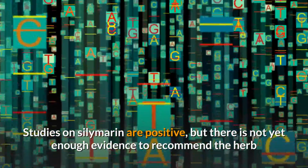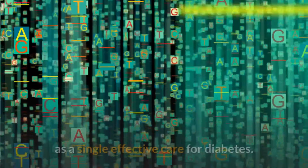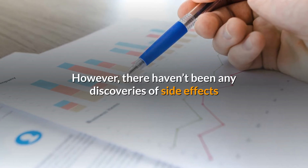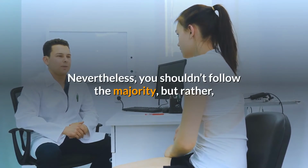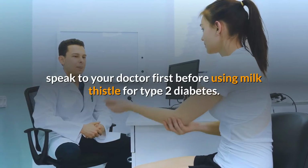Studies on silymarin are positive, but there is not enough evidence to recommend the herb as a single effective care for diabetes. However, there haven't been any discoveries of side effects, though it is used by many people as a supplement. Nevertheless, you shouldn't follow the majority, but rather speak to your doctor first before using milk thistle for type